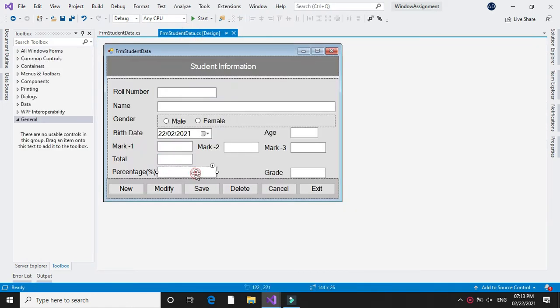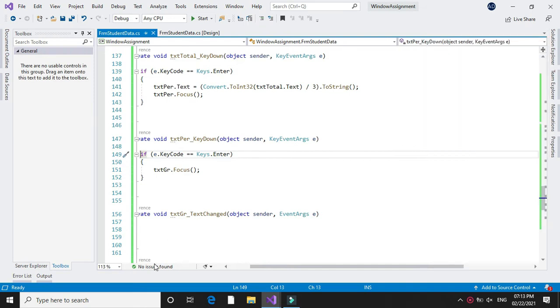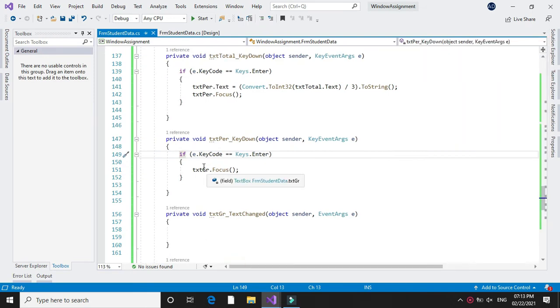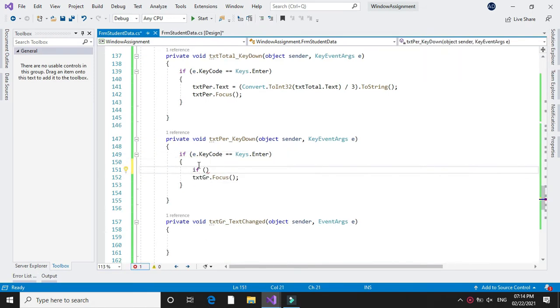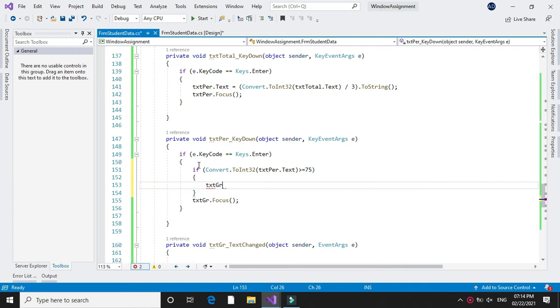And to find out the grade, at key down event of percentage, we will check the percentage value. So if it's greater than or equal to 75, we will set txt_gr.Text equal to distinction.